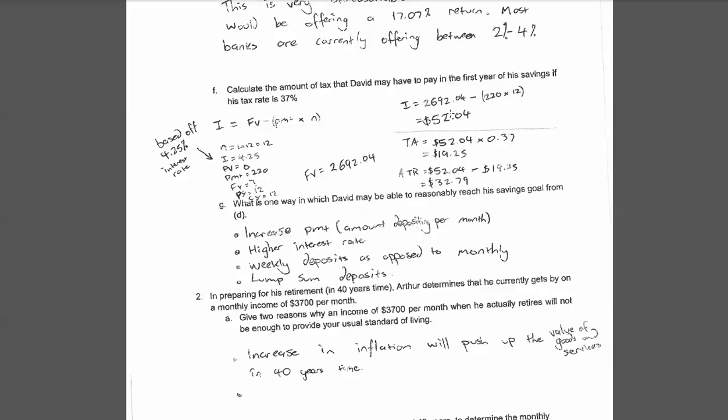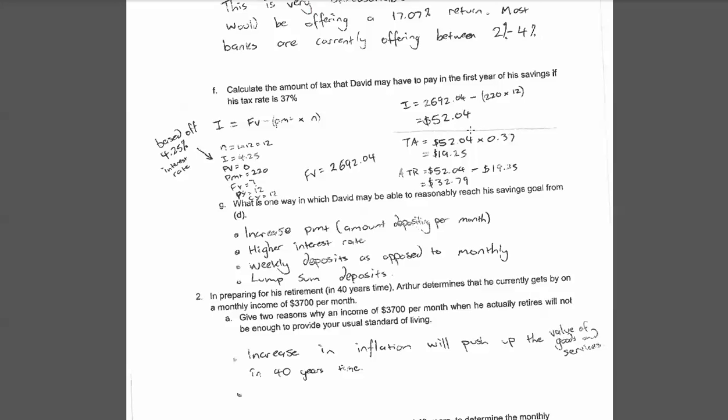Now the thing is though, interest isn't charged on the 2,692. It's charged on the money he's earned on top of the amount he's put into the bank account. The amount he put into the bank account was $220 over 12 months. So that's how much he put into the account, and that's not interest. His interest earned is the future value minus the total amount he put into the account. So the total interest he's earned for that year is $52.04. So he can only be charged tax on that